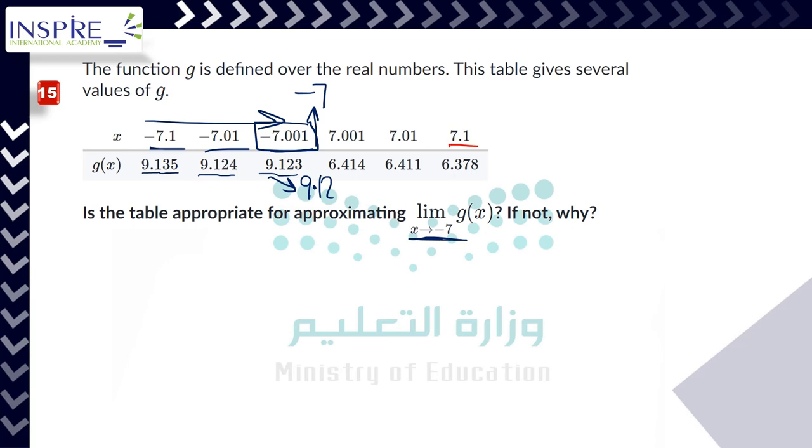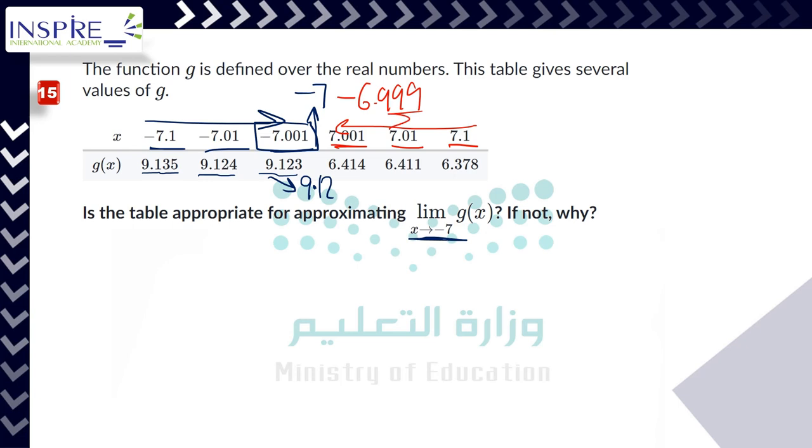7.1 is very far away from -7. 7.01, we're getting closer to 7, not -7. So we're heading in the wrong direction. This side is heading to the wrong number. We need to go ahead to the number -7. It's like we need to have here